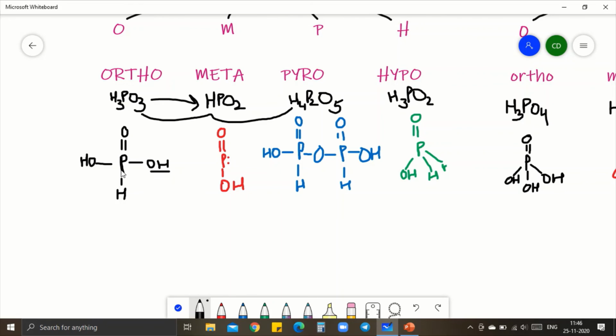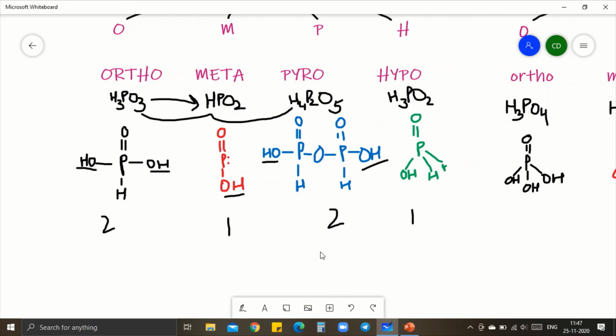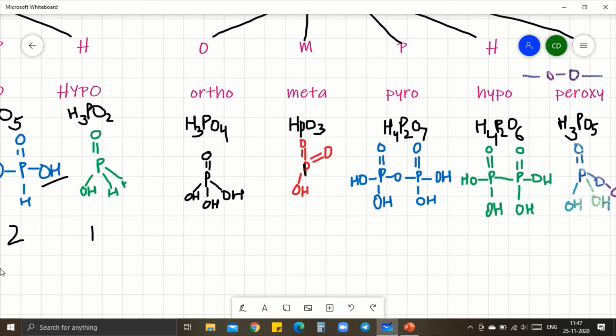Here there are 2 OH groups. So the basicity is 2. Here there is only one OH group. So the basicity is 1. Here there are 2 OH groups. So basicity is 2. And only one OH group. So basicity is 1. And 3 OH groups are there. Oh, this is phosphorus acid. Coming to phosphoric, it is very easy to find basicity,